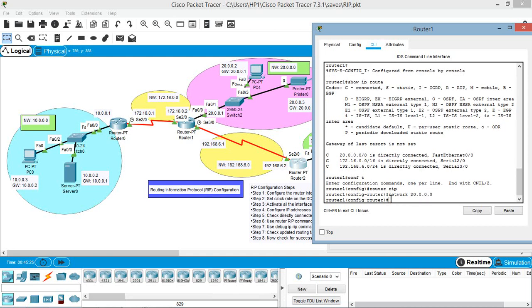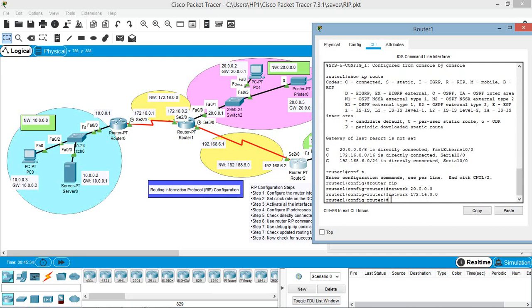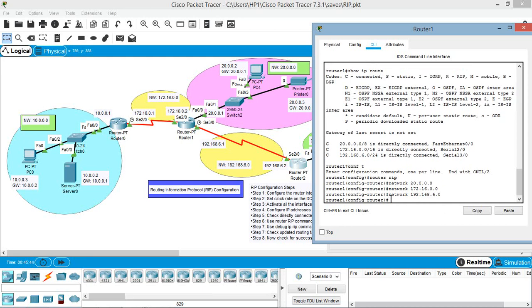The second network is 172.16.0.0, and the third network is 192.168.6.0. So the RIP routing protocol is configured on router 1 also.